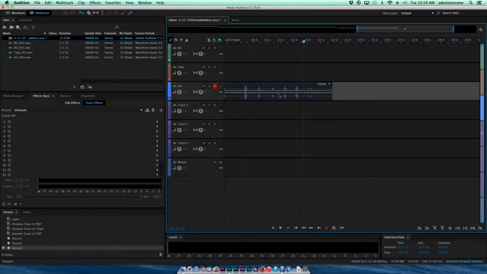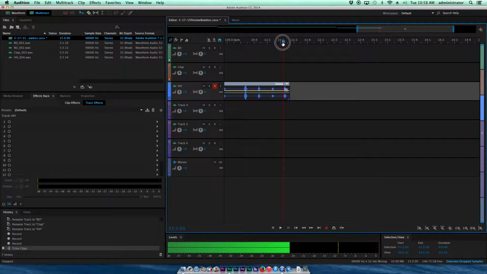So I'm going to start to trim these now. If you hover over the edge of the track, notice the bracket comes up, and that's the trim. That's using the multi-move tool. So I'm going to trim this out. I could B, or it's